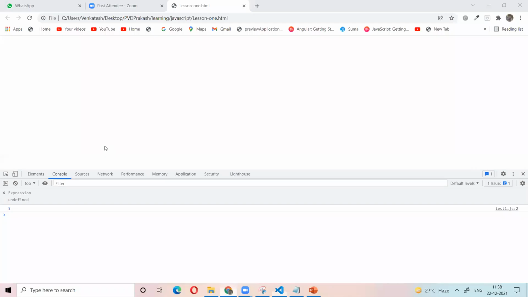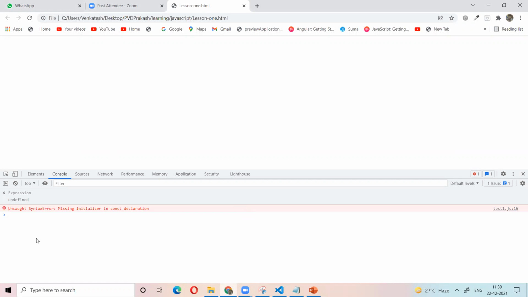Let's see. Once the error came, the total program will stop. Nothing was printed. Once the error came, the total execution will stop. This is a syntax error. Why?